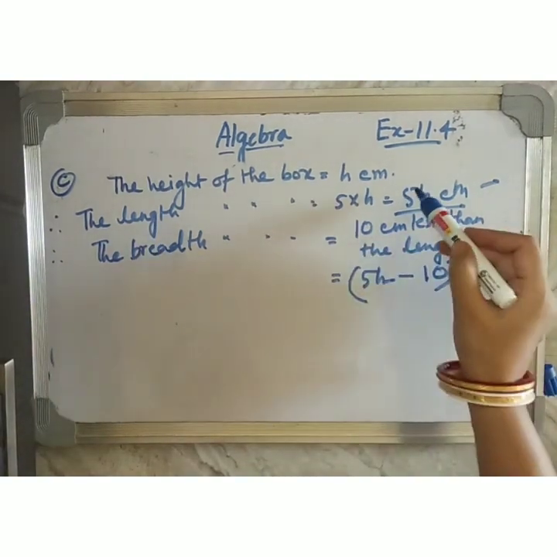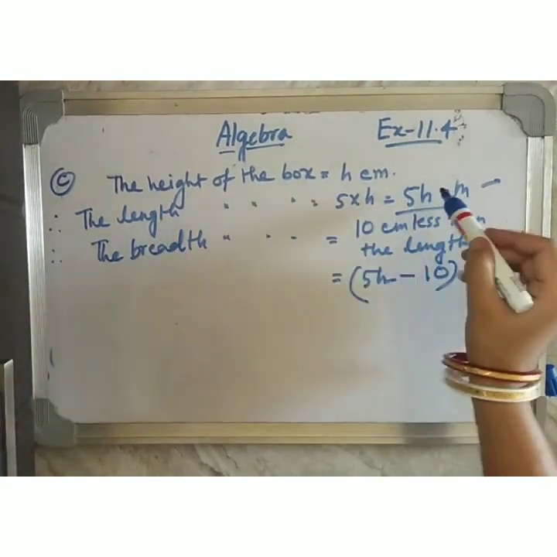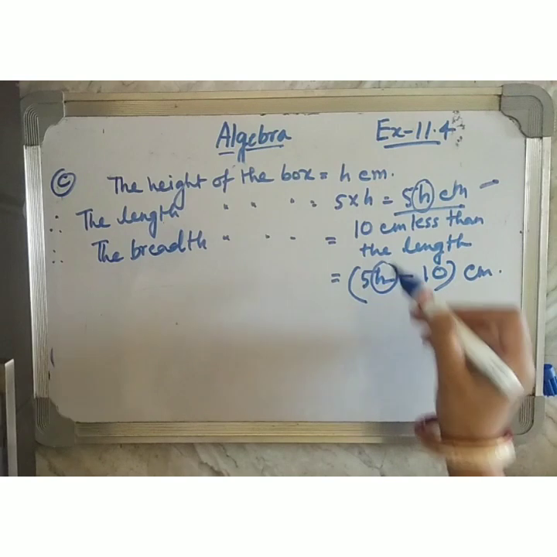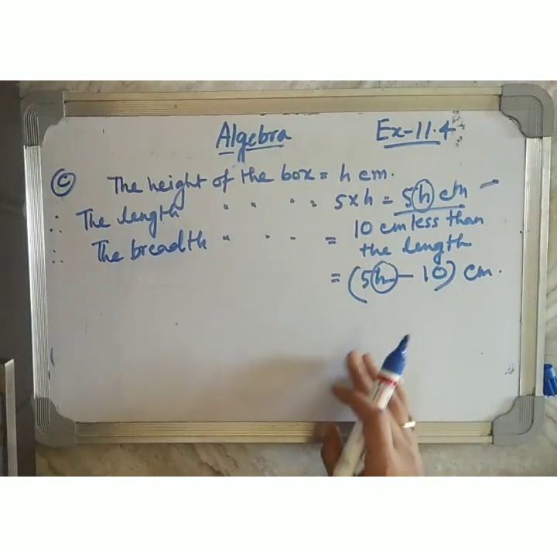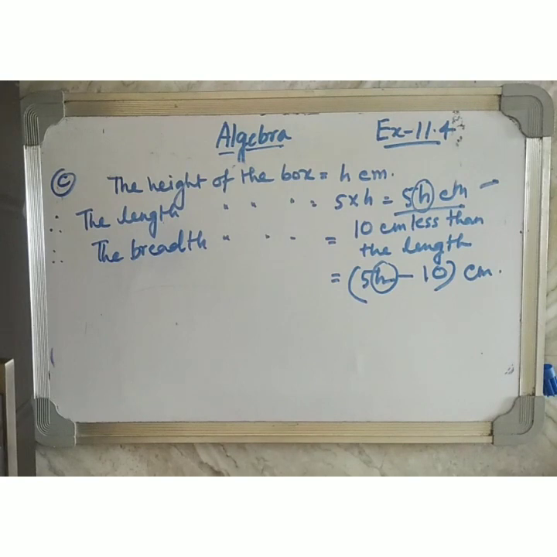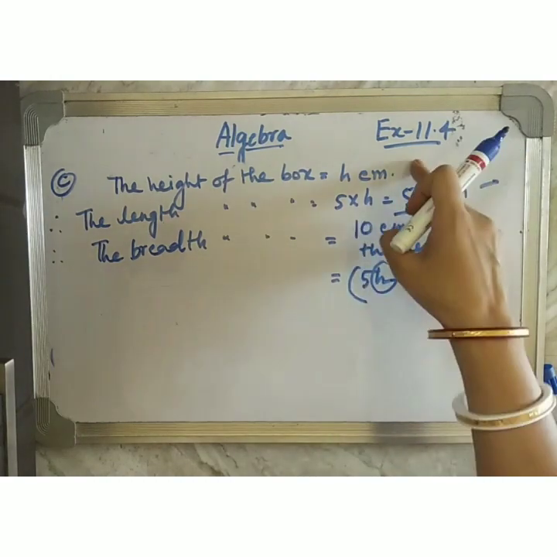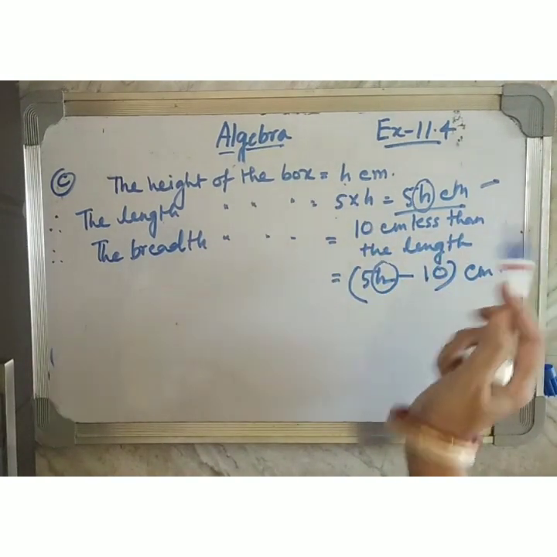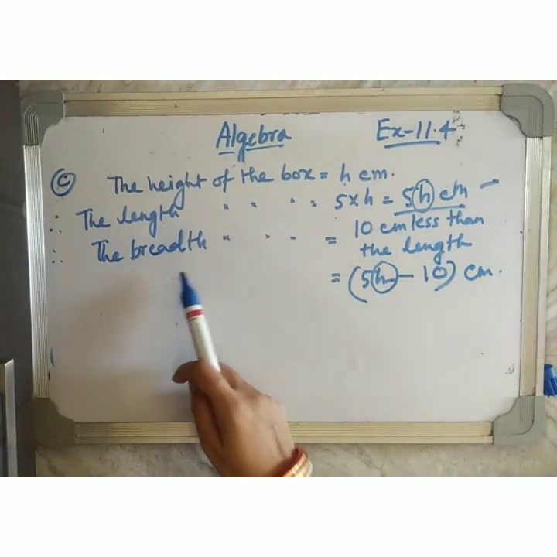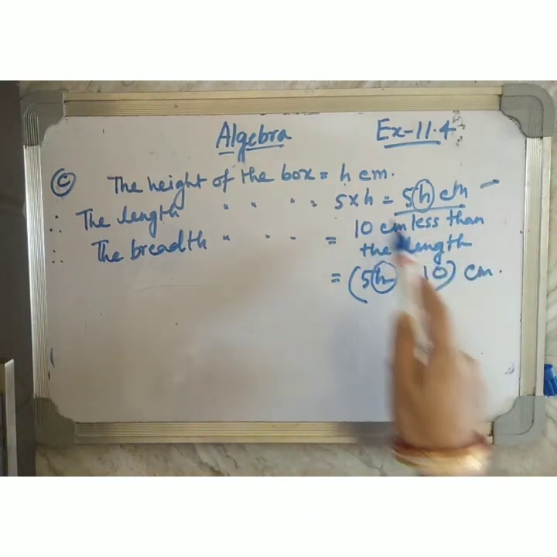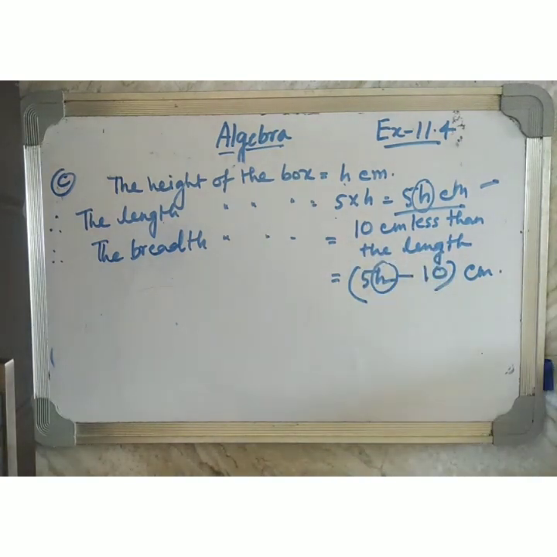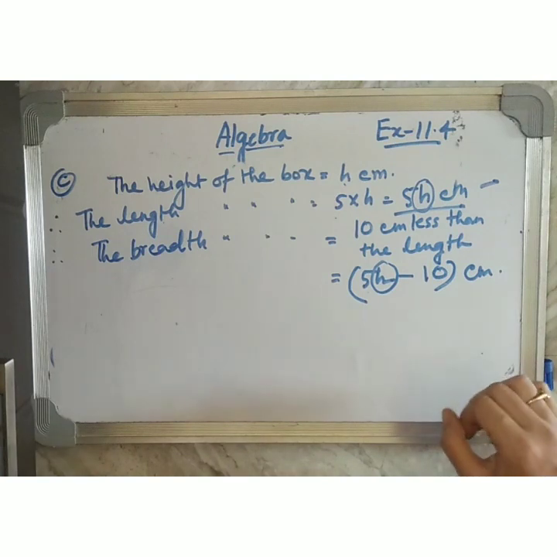See, in case of length also, we have represented length with the help of h, means with the help of height. And in case of breadth also, we have represented it with the help of h, means with the help of height. Okay, this is what in the question it was written, that express the length and breadth both of the box in terms of height. Okay, so using height only you have found the length and the breadth, because the length is 5 times of the height, that is 5 into h, you have already found 5h centimeter, and the breadth of it is 10 centimeter less than the length. Now the length is already found 5h centimeter, so 10 centimeter less than this will be 5h minus 10 centimeter. This will be the breadth of the box. Okay, let's come to the next sum.